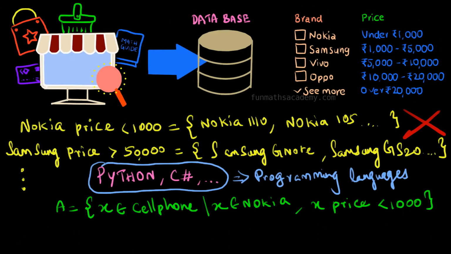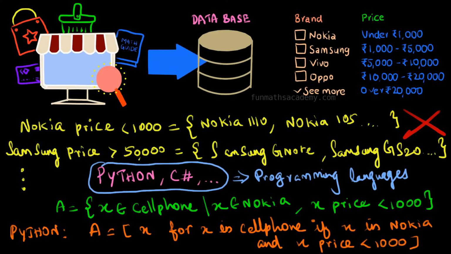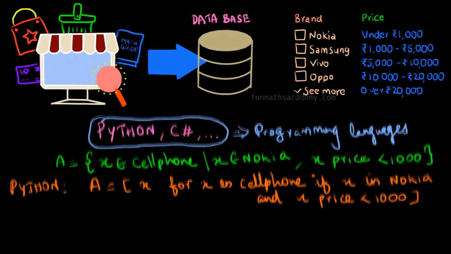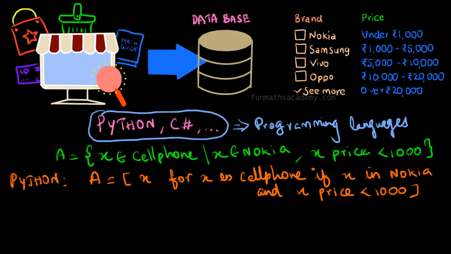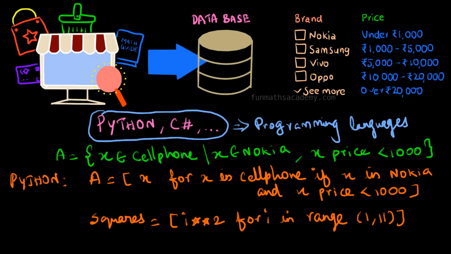But what is important is that you should create the program properly, following the grammar of the language. For example, in Python, we should use square braces instead of curly braces, and also you don't have to create the database before writing the program for numbers. We can directly enter it in set builder form. For example, this is how you're supposed to write code in Python to list squares of numbers from 1 to 100. Just like how we use set builder form to find and list items, set builder form is also used to list items which cannot be written in roster form.